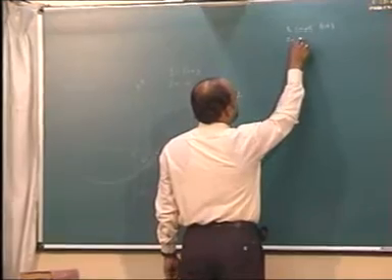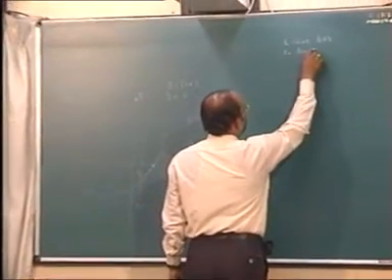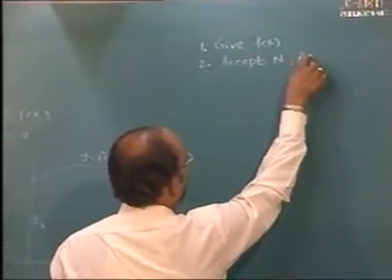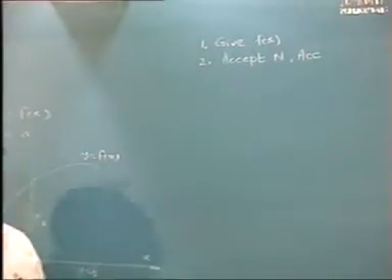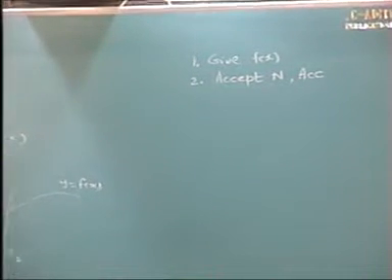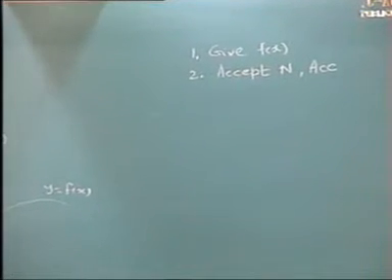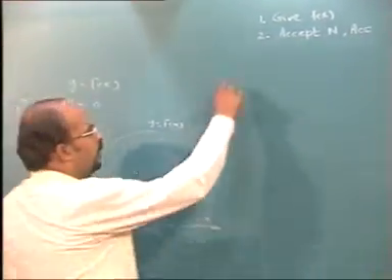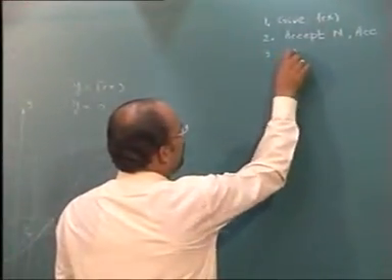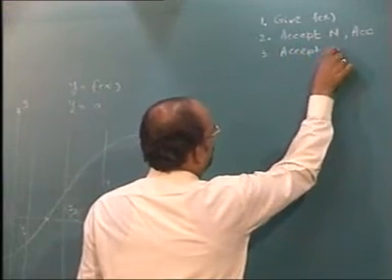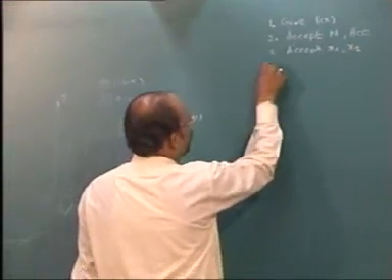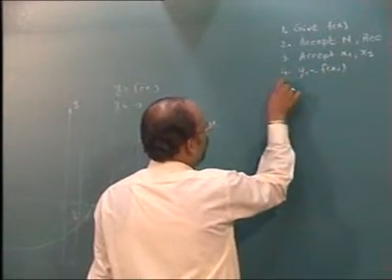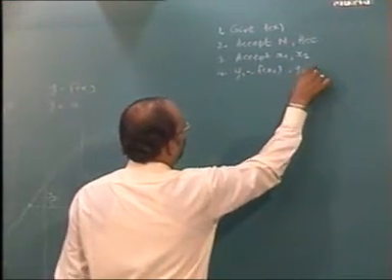I will say accept n as how many iterations I should perform, and accuracy, how many digit accuracy of the correct root you want, 3 digit, 4 digit, and how many times you will be performing the job maximum. Then we will accept x1 and x2, and obviously we will find out the corresponding values of y1 and y2.